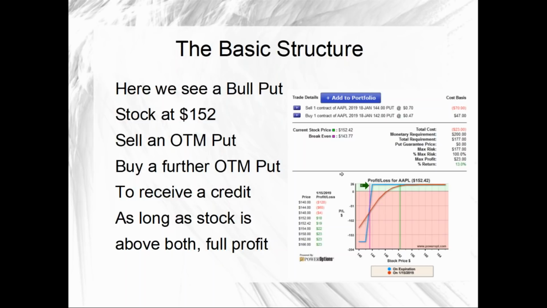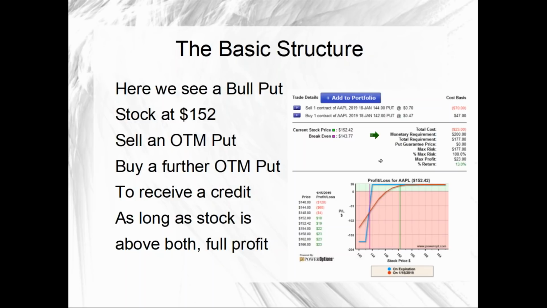I've sold the 144 put, which does obligate me to potentially buy shares of stock. But in case something unexpected happens and Apple gaps down to 138, 137, 135 or lower, we purchased the 142 put, which gives us the right to sell shares of stock at 142. So the most I can lose in the absolute worst case scenario is the difference of 2 points per contract, $200. However, since I took that 23 cents in up front, my broker may only charge me $1.77 per contract, or $177,